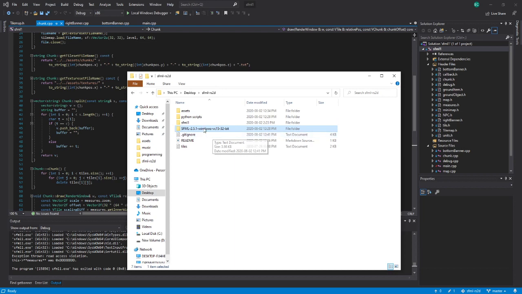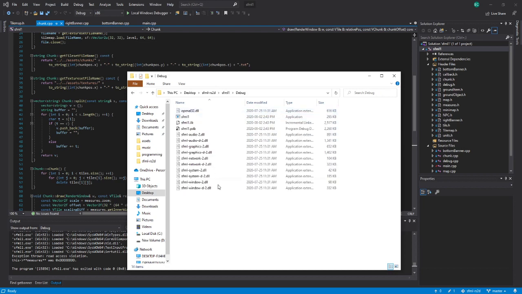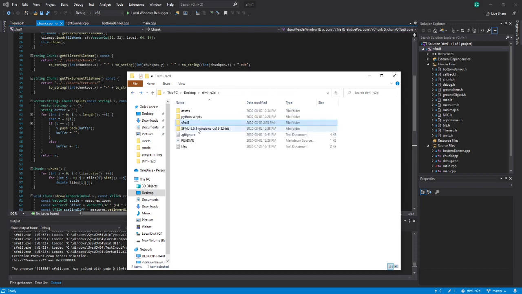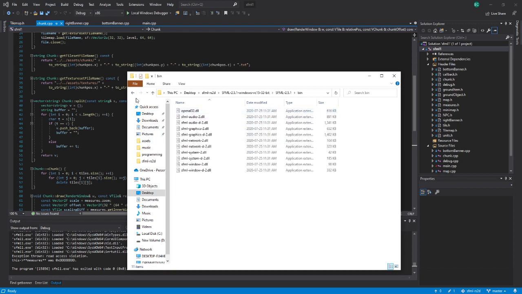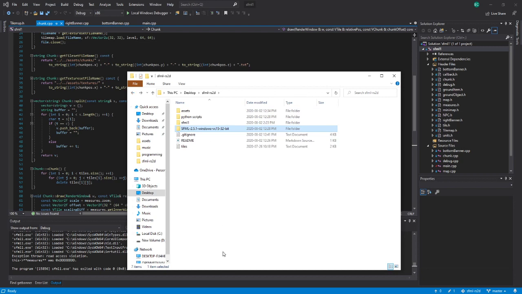Hopefully it works for everyone. And you do need to go in debug and put the DLLs in there, which I think you can find in SFML bin. So I'm gonna put that in the README as well, and I'm probably gonna ask my friend to try it. But anyway, if anyone wants to try it and tell me if it's working,